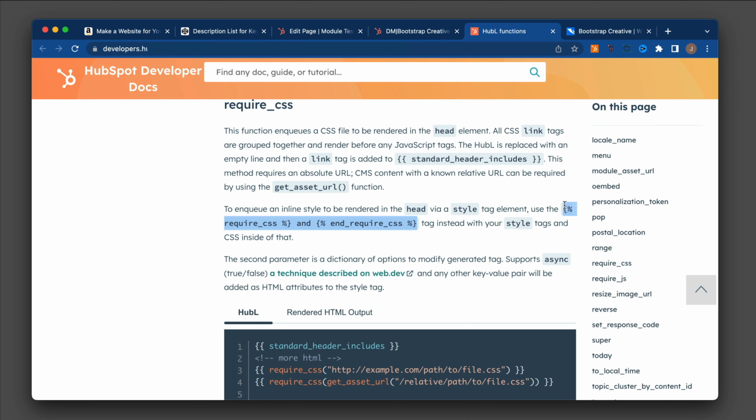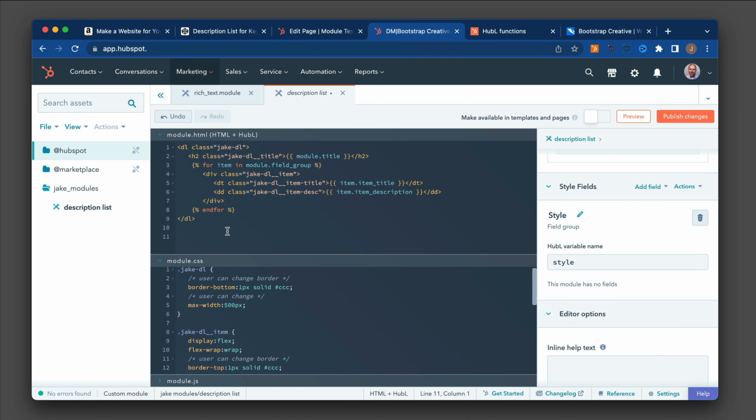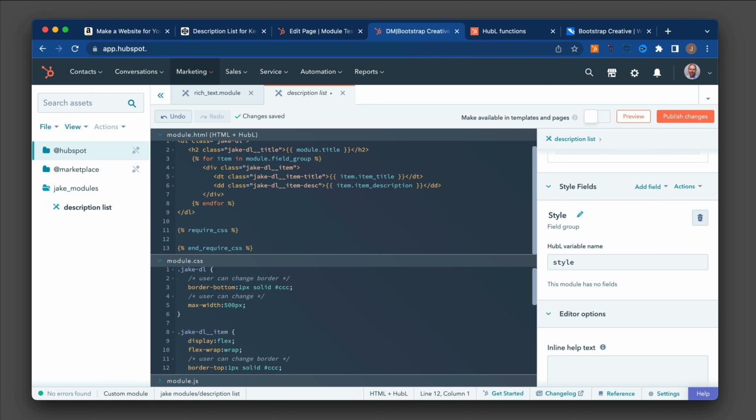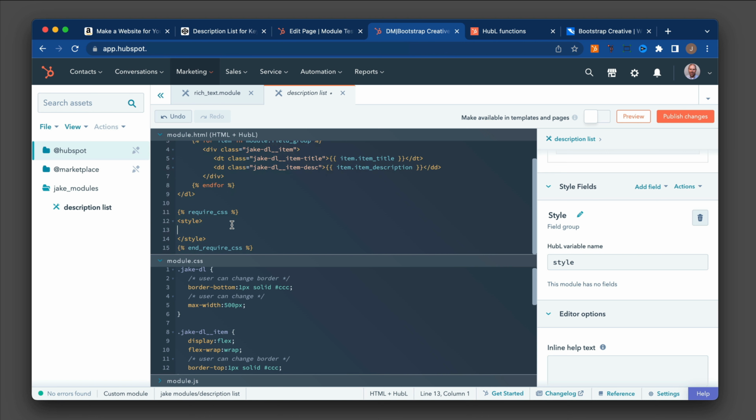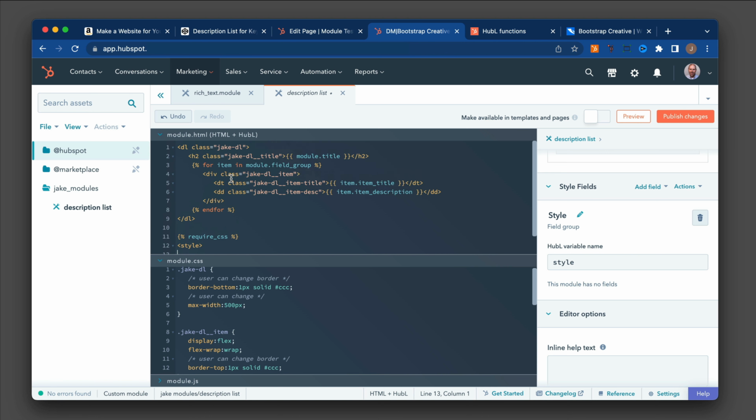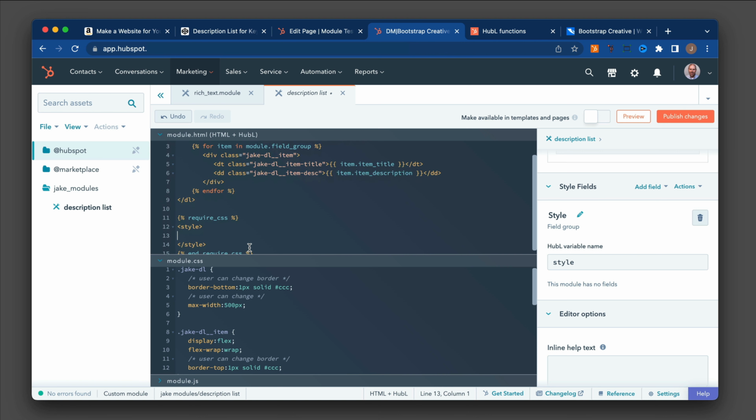So I'm going to select that and copy that. And then I'm going to paste this under my HTML. And then I'm going to do style. And so anything that I want to have user editable and scoped to the instance of this page, I need to enter in here.